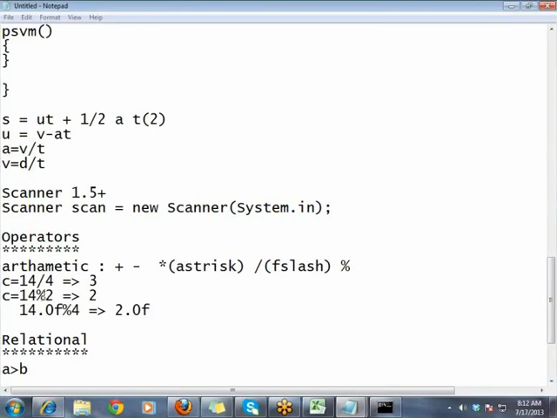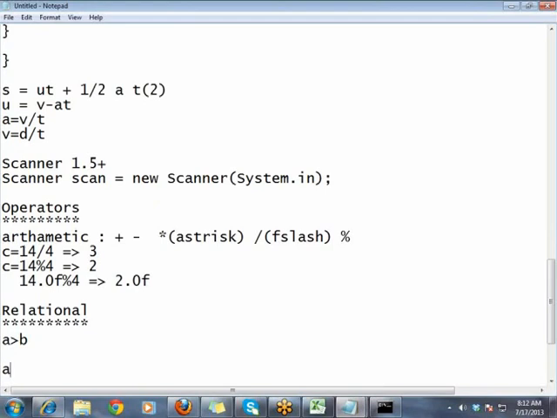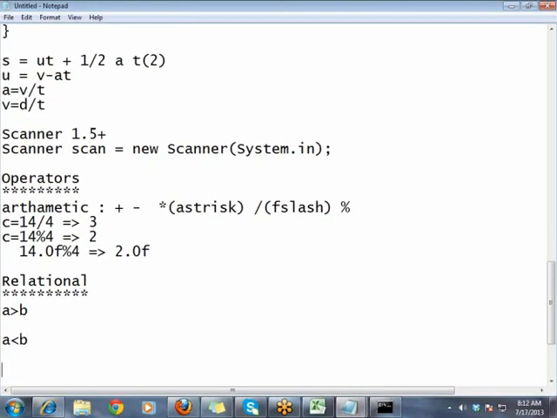It is 14%3 actually, and so 14%4. I'm sorry, that's what I'm using. A greater than B, and you have A less than B. Greater than, less than, greater than or equal to: you have to use greater than followed by equal to, which means greater than or equal to. You cannot use a mathematical symbol like that. You have to use it like this: greater than, less than, greater than or equal to, less than or equal to,